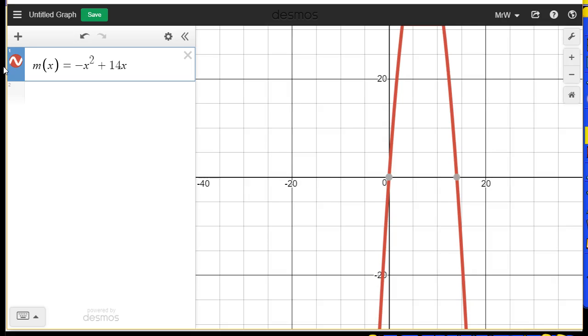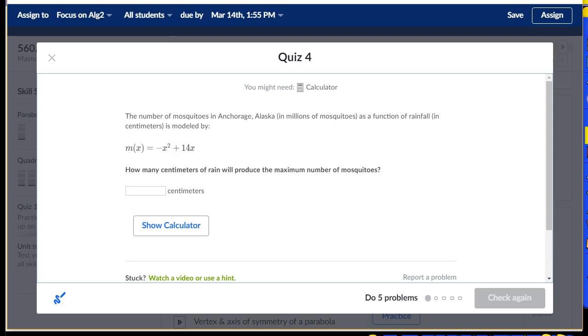But what I want to point out to you is that if we want to find that maximum number of mosquitoes, we need to know the axis of symmetry. We need to know the x-coordinate of the vertex. We need to know the middle of the parabola. Now, the middle of the parabola will tell us how much rain is needed, and then if we go up to the y value in the middle of the parabola, that will tell us the maximum number of mosquitoes. In this case, all that the question is asking us for is, thankfully,